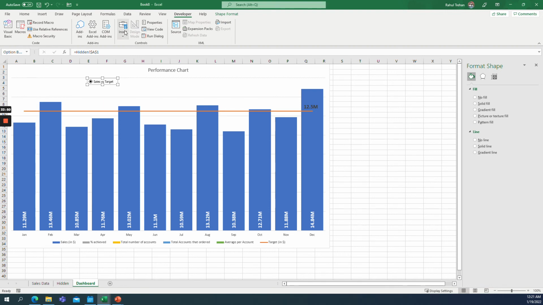The moment you add another option button on the chart, you can see that this is an option button 2, and whenever you select this, it will always have a default value of 2, and it will input that default value on the cell which you will be linking through the form control